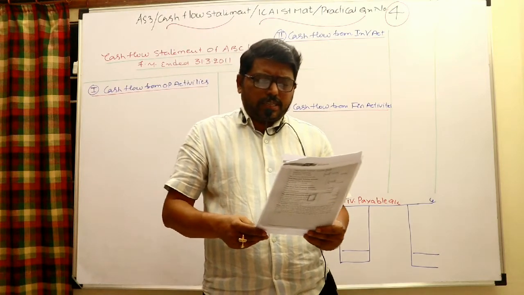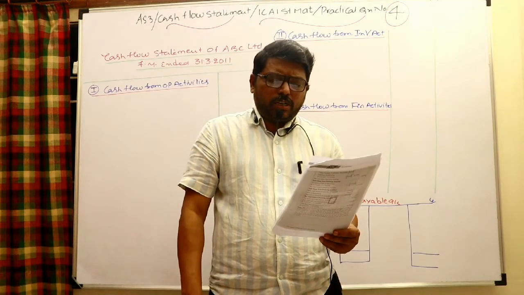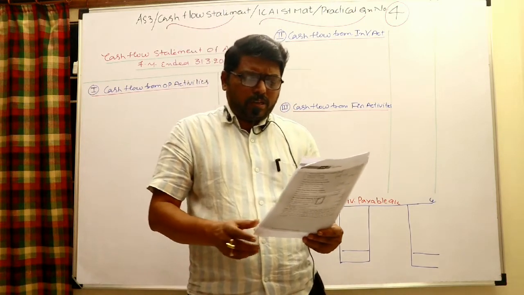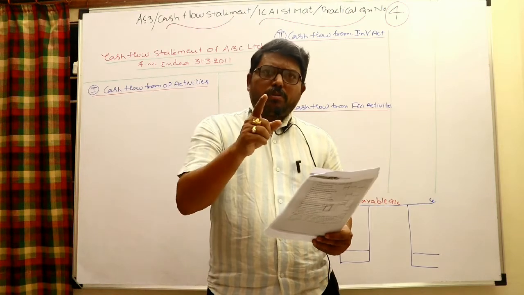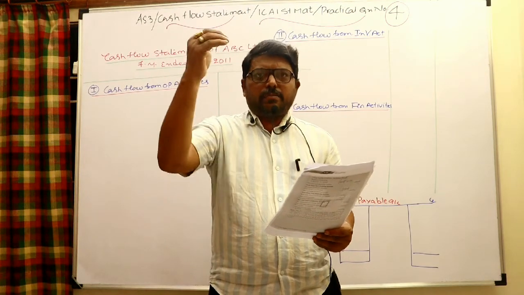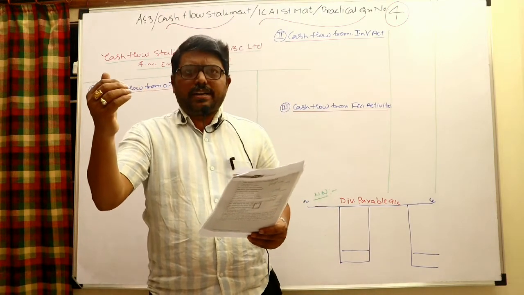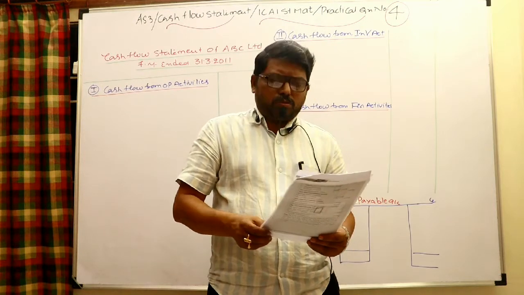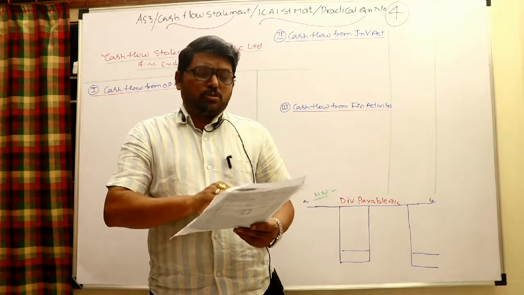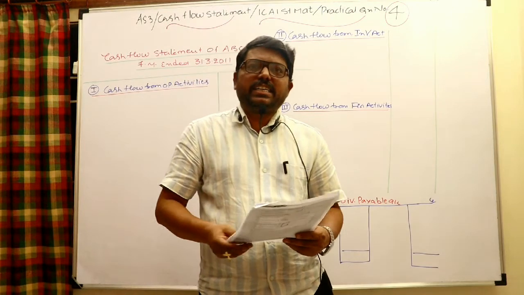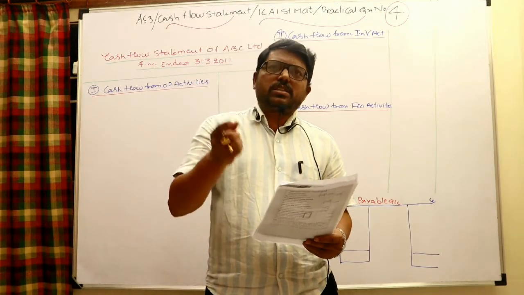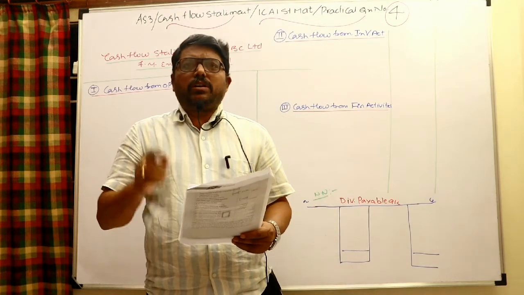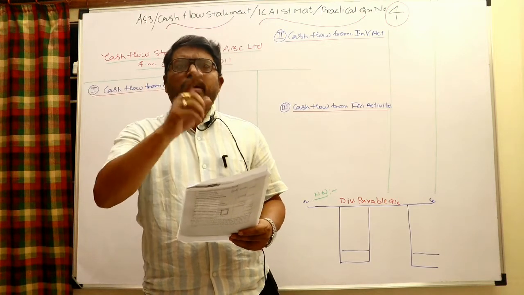Come to the current assets. Trade receivable 23 lakh 90,000 and 23 lakh 80,000, opening and closing, and provision is also given in the opening as well as closing. Provision for bad debt, importantly, you may write as a minus figure from the trade receivable. No doubt it is an operating item, and you may also write it on the liability side. Very importantly, here one adjustment is given: 2 lakhs 30,000 bad debts written off during this year. That is adjusted against the provision made. Bad debt written off entry is bad debt to debtor. Whenever it is adjusted to the provision, it is provision for bad debt to bad debt.